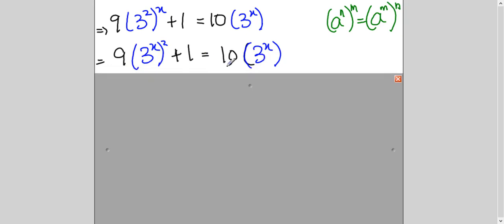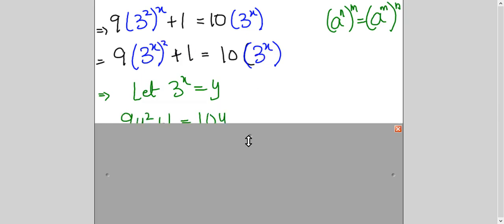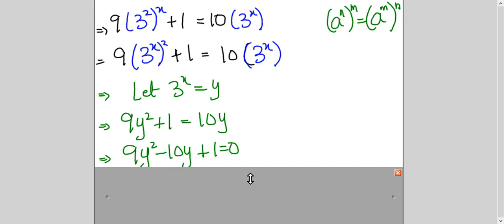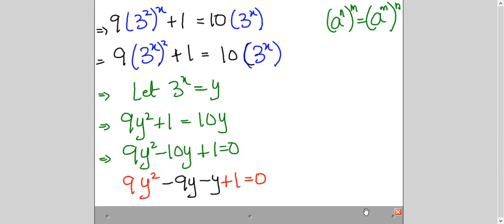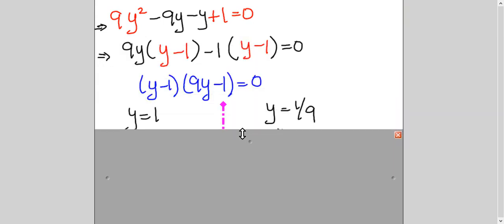After changing the positions, I will get 3 power x on both sides. Now I will take substitution. I can say let 3 power x equal to the letter you like. I'm taking y here. Okay, it's totally no problem. So this equation will become 9y squared plus 1 equals to 10y. Now you must be very happy. It's like a quadratic equation which you have been solving and you know it. So you will apply the factorization method and break it up into 2 factors, right? I'm a little faster because this is something you're very comfortable with. You know how to factorize quadratic equations. And then with simple factorization, you get 2 values of y: 1 and 1 upon 9.